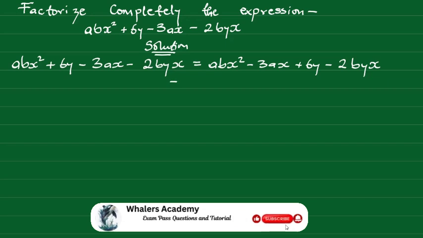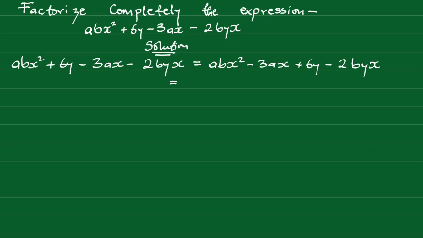Now, having collected like terms, we move ahead to factorize out ax from abx squared minus 3ax. We factorize out ax, and we're left with bracket open, bx minus 3, bracket close. We're left with plus 6y minus 2byx. From this, we factorize out minus 2y, bracket open, we're left with minus 3 plus